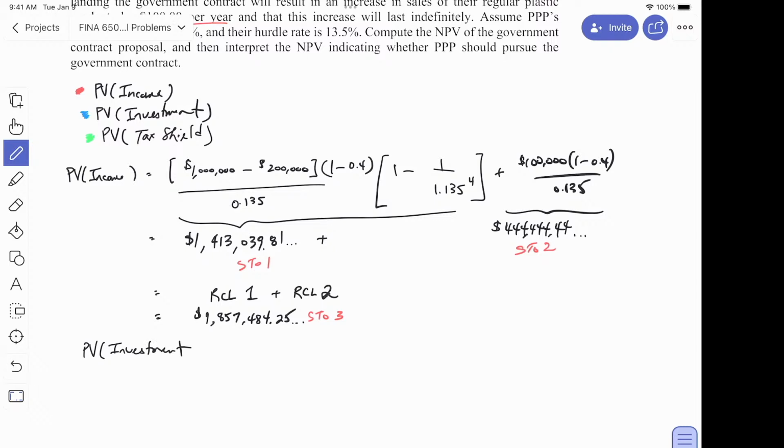All right, let's do investment. So income, the key there is you have to do everything after tax. In investment, it's a little bit different. I have the purchase that has a different tax treatment, the purchase of the asset, the equipment. So I'm going to put $1.8 million at the front, negative, on investment. And then I have to take care of the tax effect on the residual value of the equipment after 4 years.